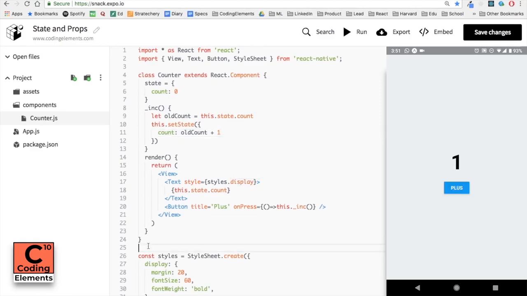And now we can see that on tapping the button, whatever the value of state.count is, we are adding 1 to it and then setting it in count, and that value is being shown to us. But by using setState, we are doing automatic re-rendering as well. So the benefit of setState is that it not only allows us to change the state, but also it does the screen re-rendering automatically.